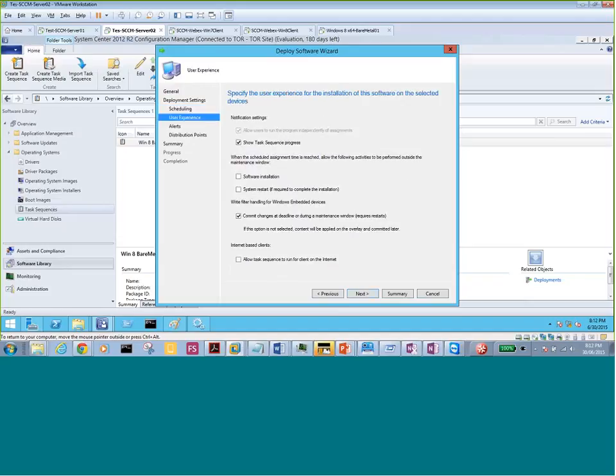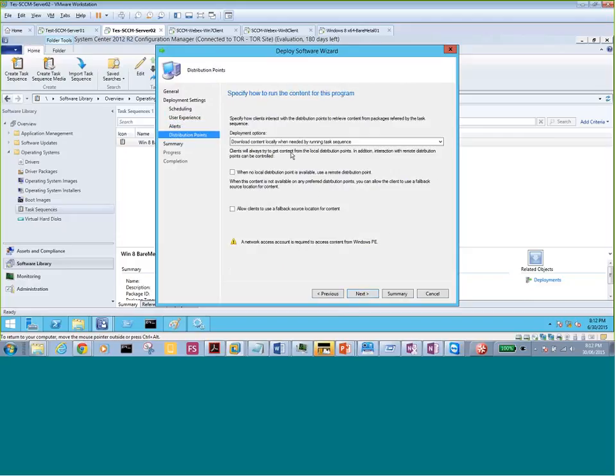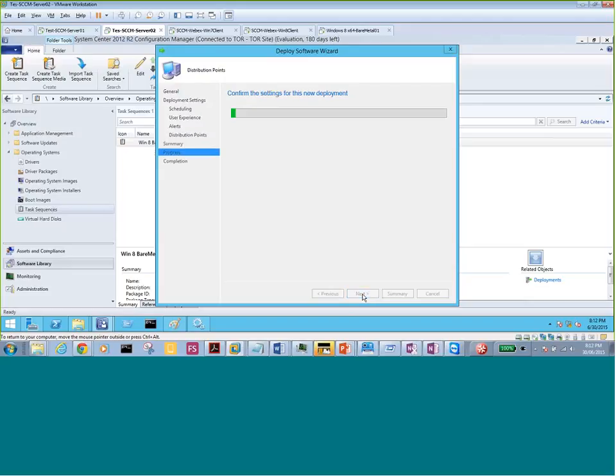Yeah, these are also default options here. Create deployment alert? No, just go ahead. Default options here: download content locally when needed by running task sequence. Yeah, it's going to download that. It's again saying that the network access account should be placed there in the distribution points, which we already did in the first lab, at the start of this lab. Next,